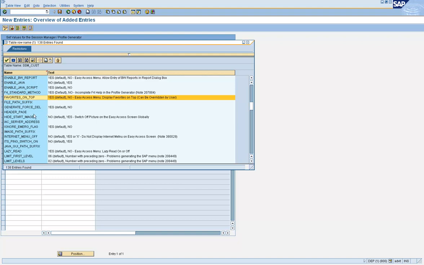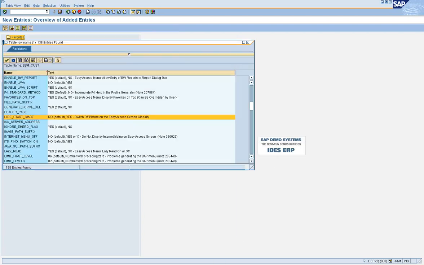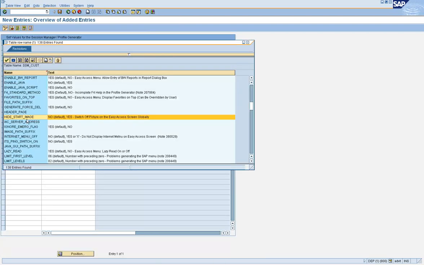Okay, then you have the hide start image. When people log in, you have an image here. I mean, Basis would do that, but you could probably have your own company's logo displayed instead of this image. So if you want to hide this image, then the parameter you would have to use is this one, hide start image.